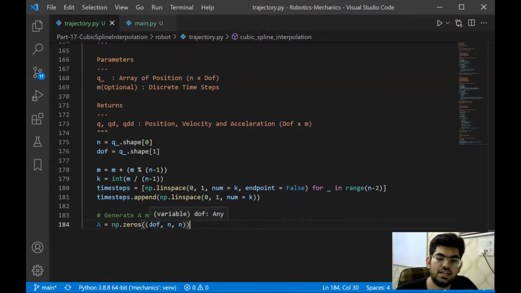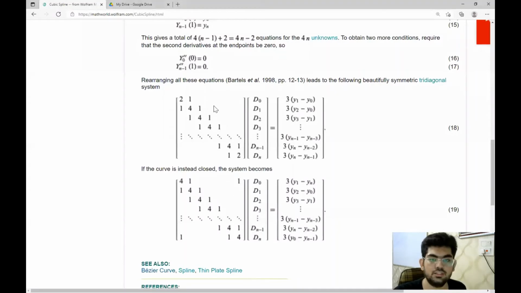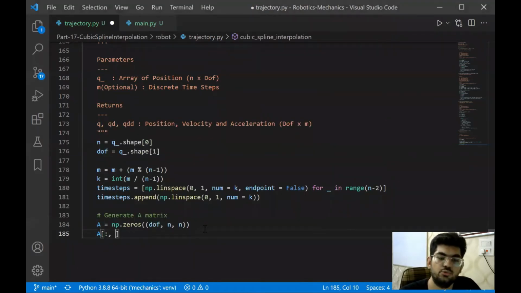How that power is utilized is we introduce a degree of freedom, so we are going to have n cross n A matrices. The size of the A matrix over here is n plus 1 comma n plus 1, but we are going to have that size as n comma n. If we assume 6 degrees of freedom, we're going to have 6 A matrices that look very similar to this matrix over here. The same matrix replicated 6 times. So NumPy can solve for all 6 joints at once. Okay, now let's initialize this. There is going to be a change over here, but first let's just copy it and then I'll introduce what the change is going to be.